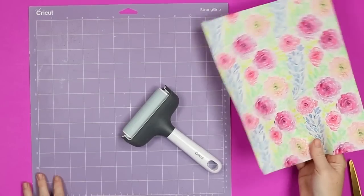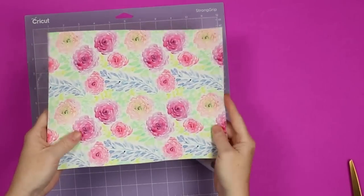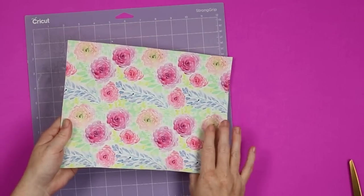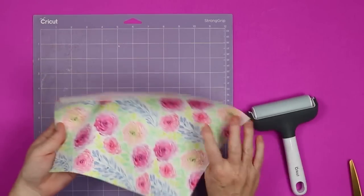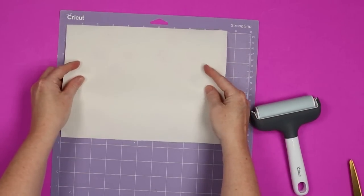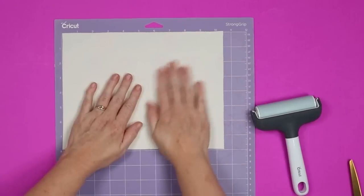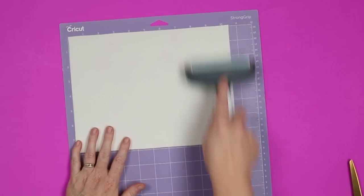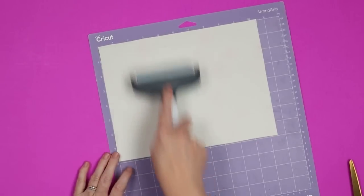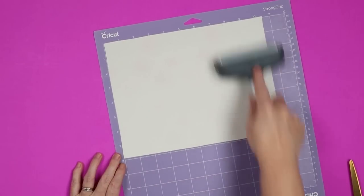I removed all the white areas around the faux leather, so now I have a piece of faux leather that is completely sublimated, has a pattern all over it. Then I have a strong grip mat, and we want to put this face down on the strong grip mat. If you don't put this face down, then we're going to need to move the star wheels. You just don't want the material to mar up on the front. So we're going to press this down really well with a brayer, and then we'll head to the Cricut machine